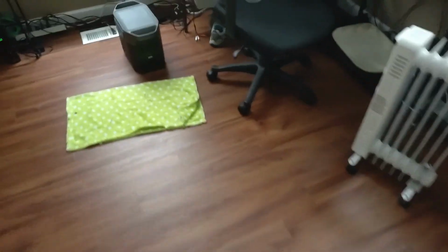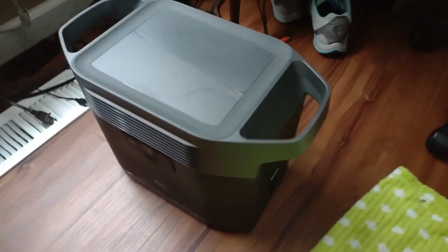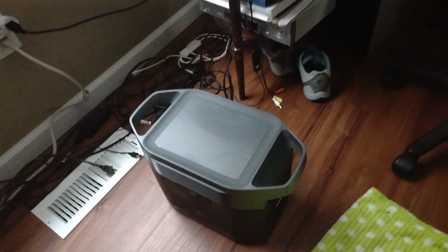can power the fridge, the router, the furnace. I'm going to modify the furnace so we can plug into that too. So we have two of these. So that should give us a pretty good